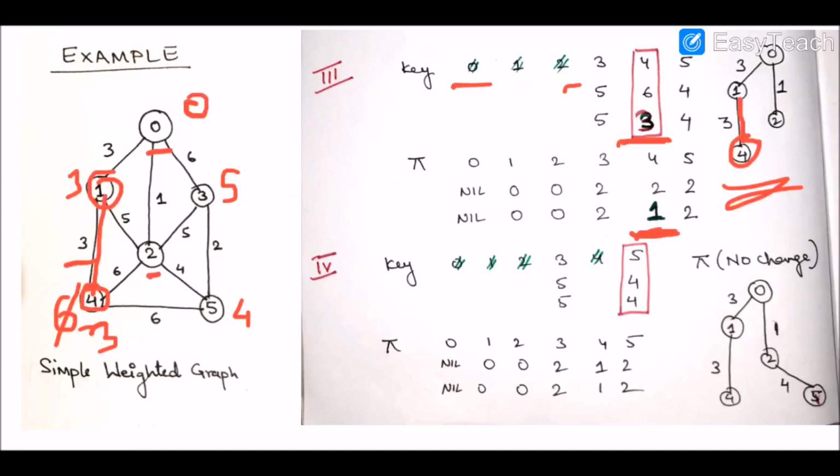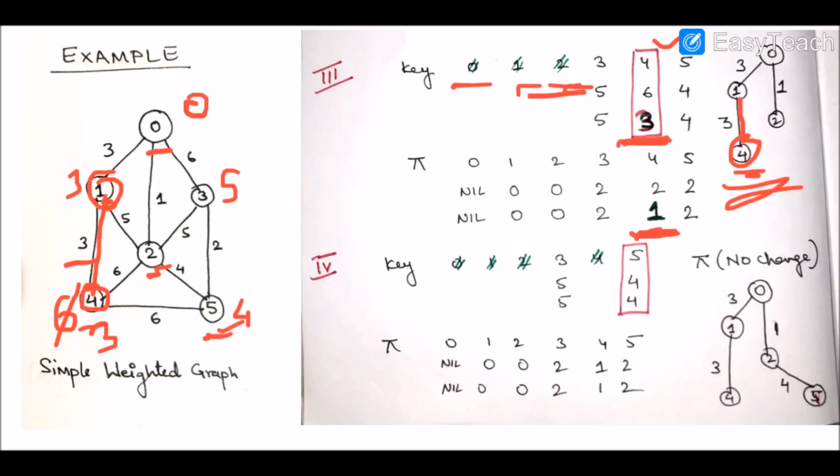So the next step says what? Again, extract minimum. So we have to extract the minimum node, and which node is having the minimum key value? Again, we can see here that 4 is having the minimum key value, right? So we are going to update the adjacent values. We have extracted 4, and it has been included in the tree. Now what will be the adjacent values? We can see here 1, 2 and 5 are the nodes adjacent to 4. But as you can see, nodes 1 and 2 are not present in the queue. So which is the remaining node that has to be updated if it follows the condition?